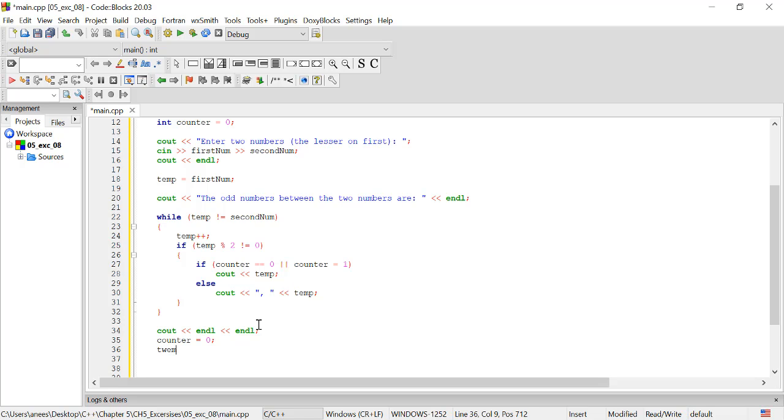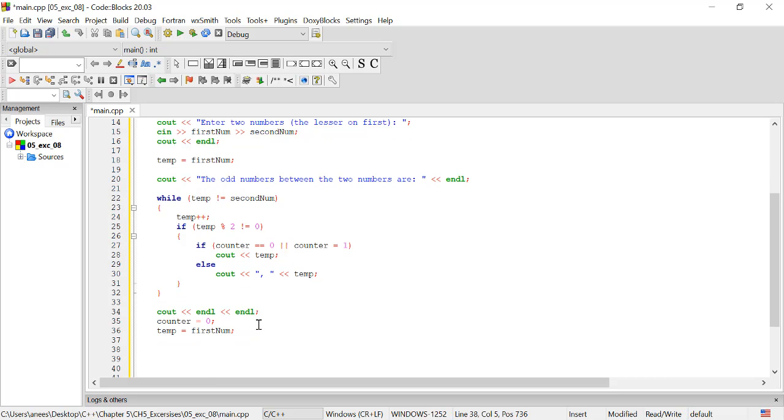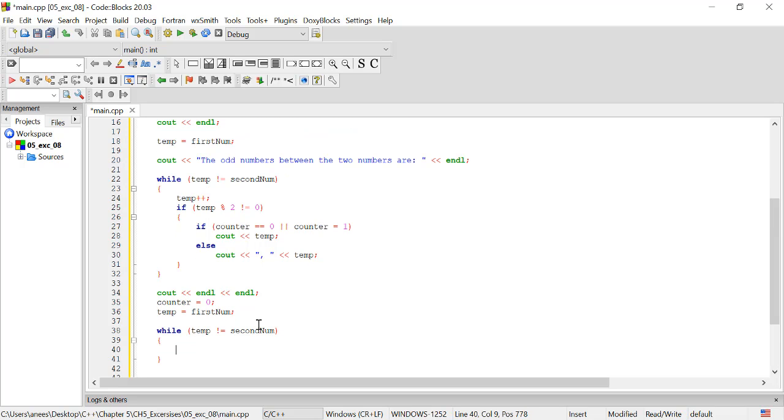And then we get temp is equal to first num. And so while temp is not equal to second num, temp plus plus,